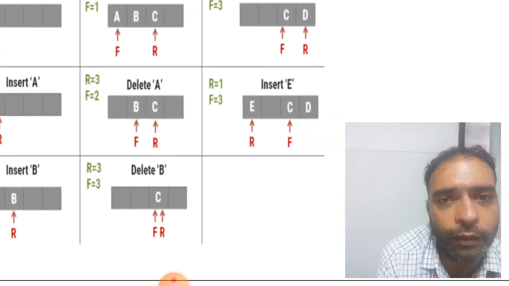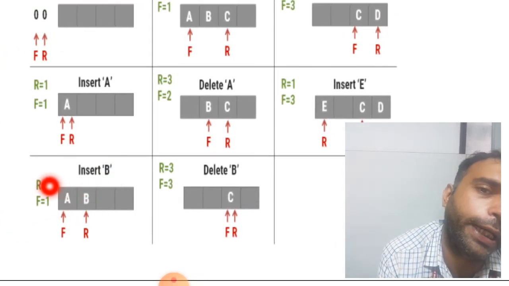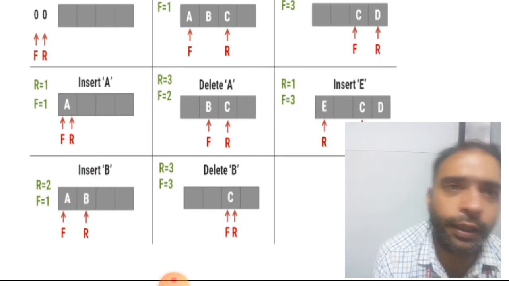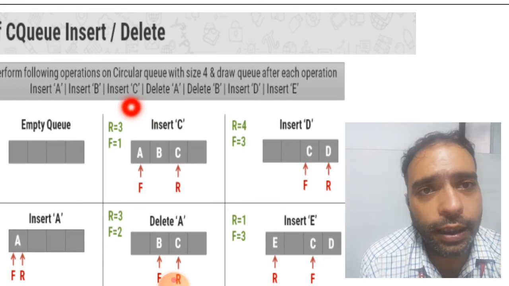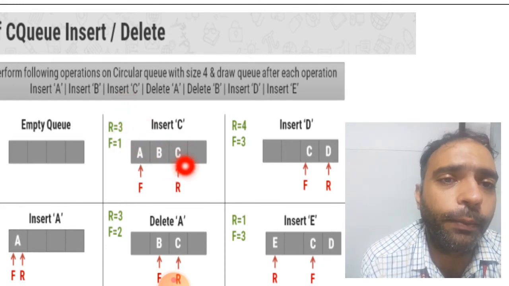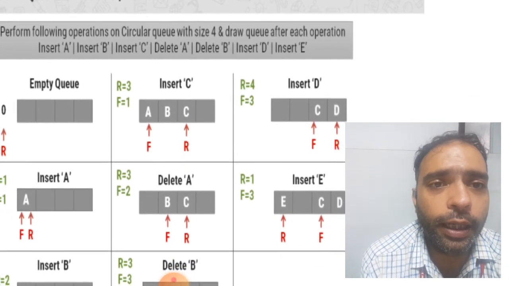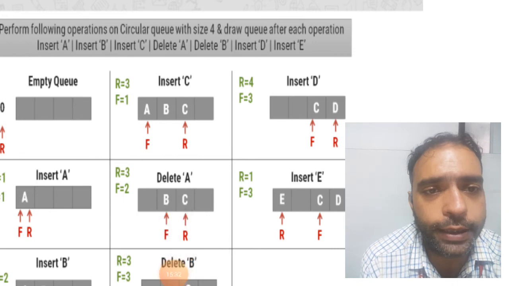यहाँ पे नेक्स्ट में दिया हुआ है नीचे, यहाँ पे हम लोग देख सकते हैं R की वैल्यू इंक्रीमेंट हो गई, that is 2 and B is inserted here, right? After that we have to insert C here now. तो यहाँ पे R की वैल्यू अगेन इंक्रीमेंट हो गई 3 हो गई और C यहाँ पे इंसर्ट हो गया. उसके बाद डिलीट A कर रहा है, जो सबसे पहले इंसर्ट हुआ वो सबसे पहले बाहर जाएगा, वो तो हम लोग कर ही सकते हैं.